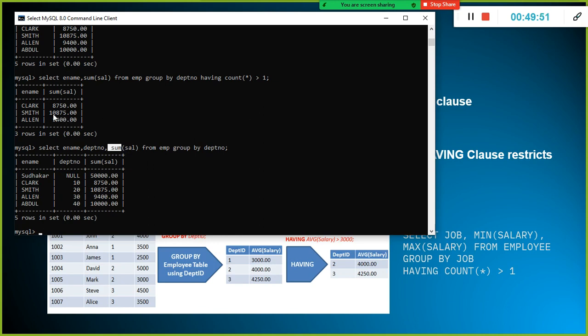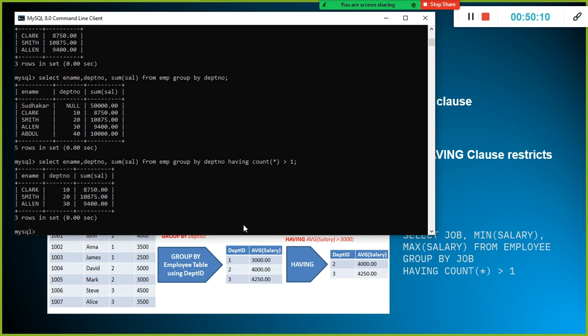It returns, okay, let me do one thing. Clerk, Smith, Allen. Abdul is not there. Why?